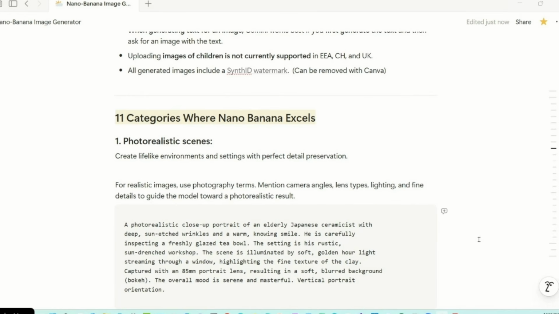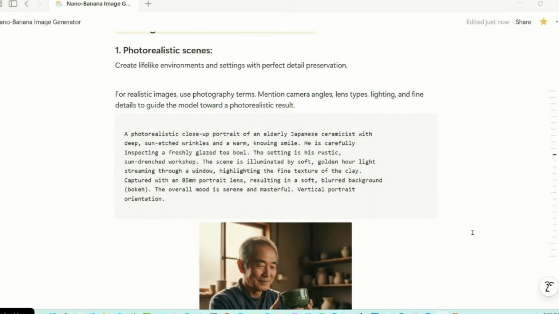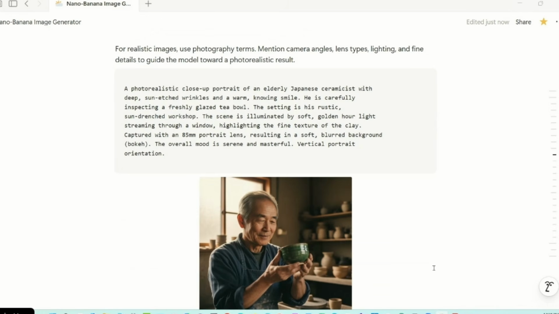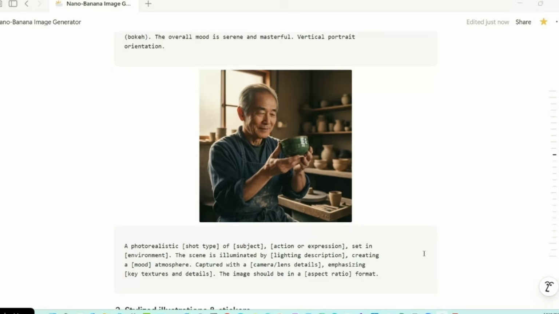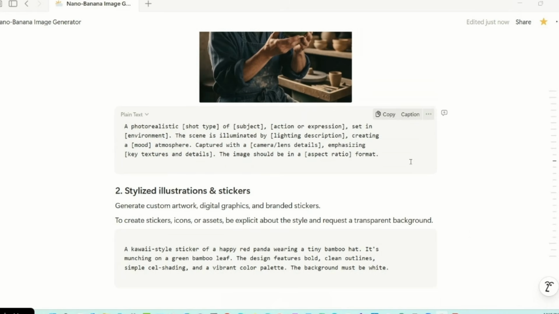So photorealistic scenes are creating lifelike environments and settings with perfect detail preservation. This is an example of photorealistic right here of the elderly Japanese ceramicist with deep sun-etched wrinkles. You see how detailed this is? Okay. You could create something like this. I love how they give you examples. These are not my prompts, by the way. All right. So these are examples that I got from Google Gemini. But if you're like, okay, I want to try this right now, then Randy will give you the prompt. Okay. So also, what you're going to have in this document here is the format for the prompt: